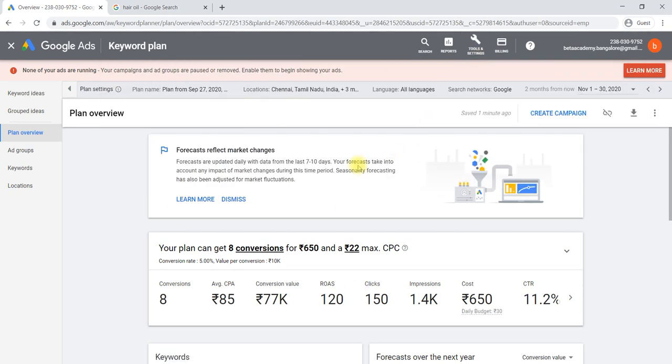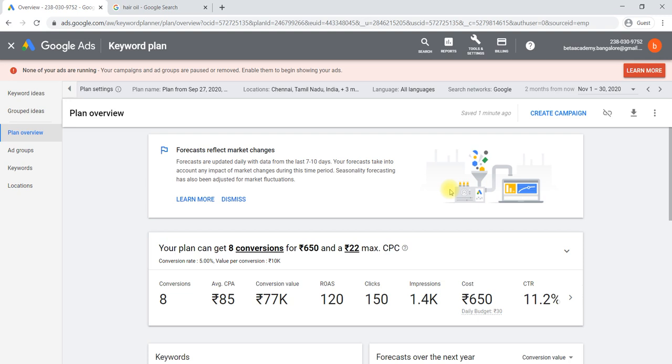Once you are done with the keyword planner, next we will be discussing creating ads. Google Ads, creating a campaign, ads and ad groups, keyword selection, budget selection: these things will be discussed in the Google Ads section. This is a prerequisite for your Google Ads.